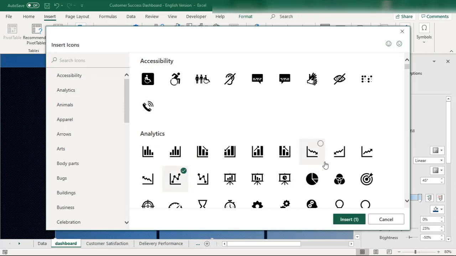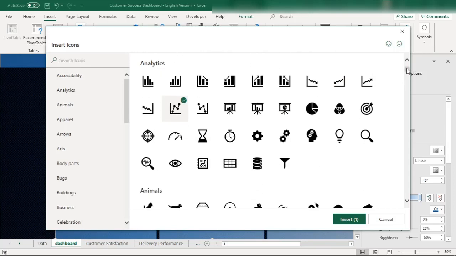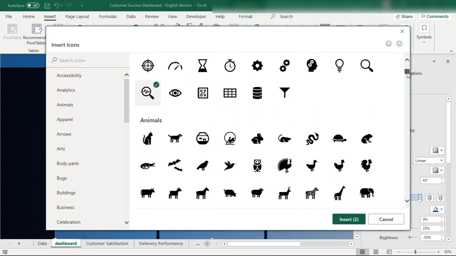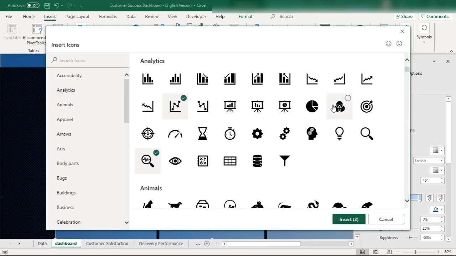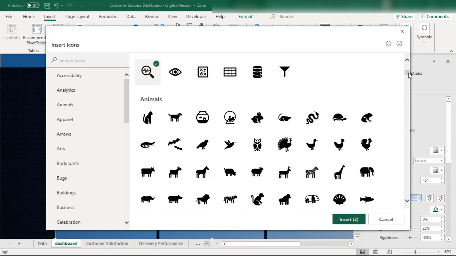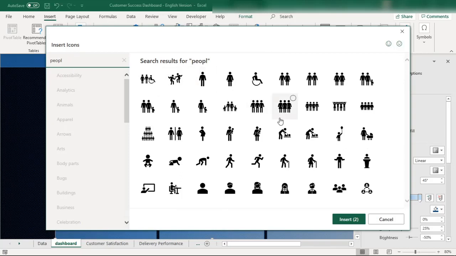I need to select we want this icon, also some other icons, and also this icon, and select delivery, and into the analytics, it's into people. You can have think this one, and let's see any other one, and